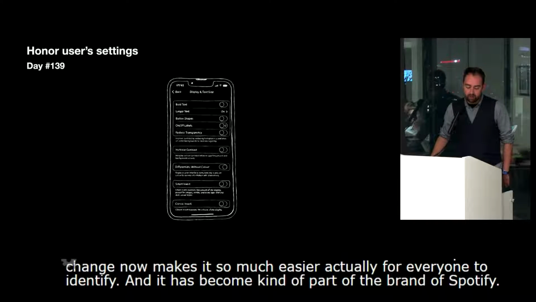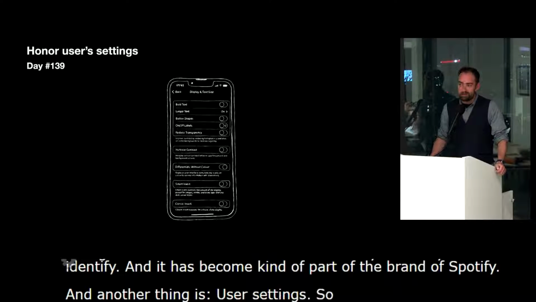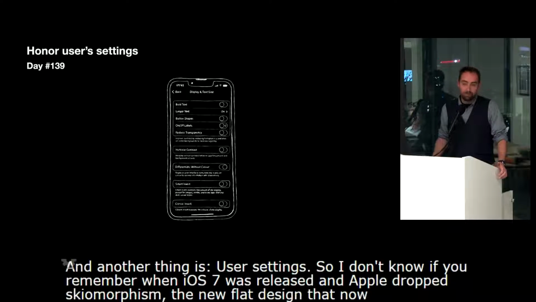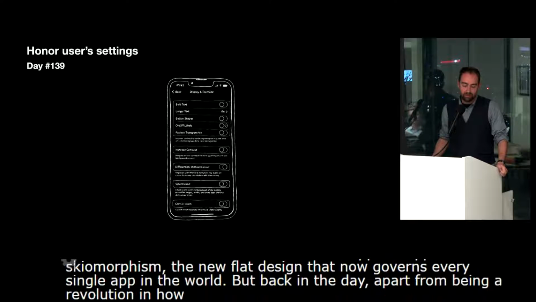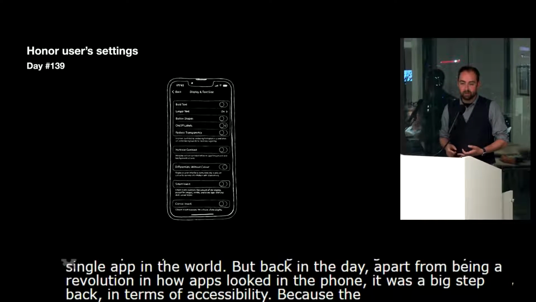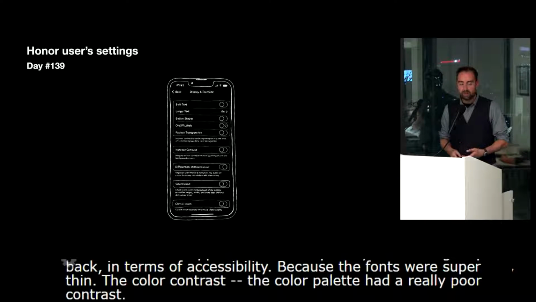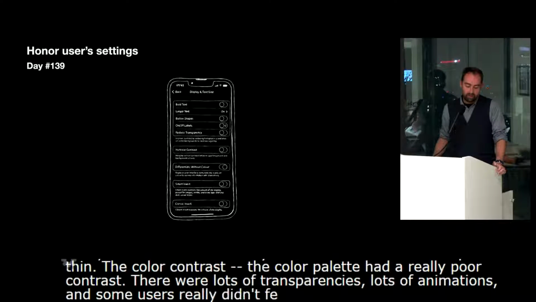Another thing is honor user settings. So I don't know if you remember when iOS 7 was released and Apple dropped skeuomorphism for the new and flashy flat design that now governs every single app in the world. But back in the day, apart from being a revolution in how apps looked in the phone, it was a big step back in terms of accessibility, because the fonts were super thin, the color palette had a very poor contrast. There were lots of transparencies, lots of animations,